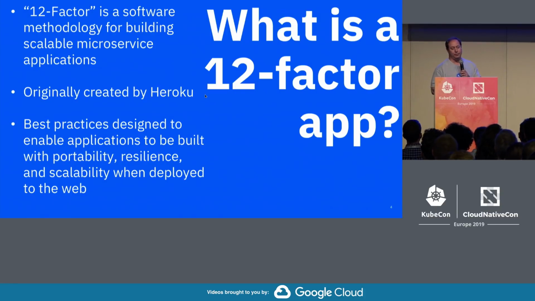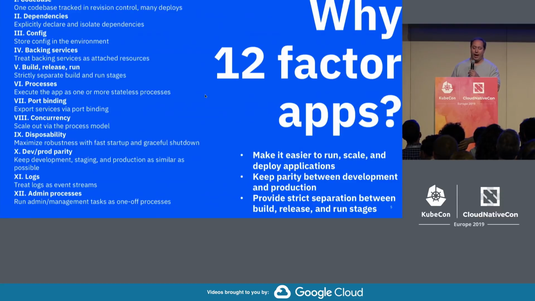So what is 12-factor? 12-factor is a software methodology for building scalable microservice applications. It was originally created by Heroku. It's best practices designed to enable applications to be built with portability, resilience, and scalability when deployed to the cloud. I'm going to go into these in much more detail on the next chart. But the key things to take away here are that 12-factor makes it easier to run, scale, and deploy applications. It helps keep parity between development and production, and it provides a strict separation between the build, release, and